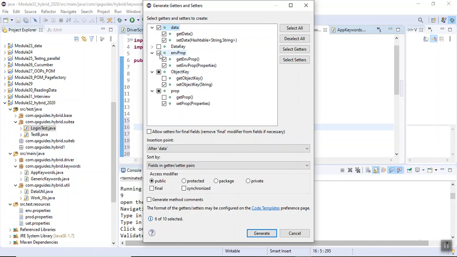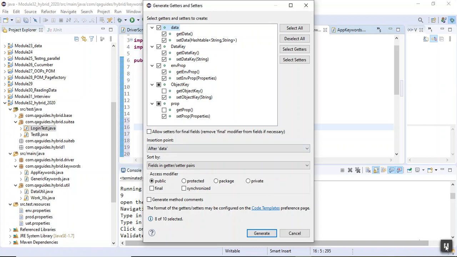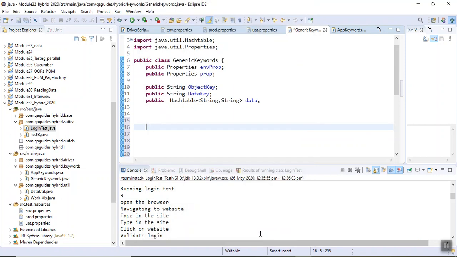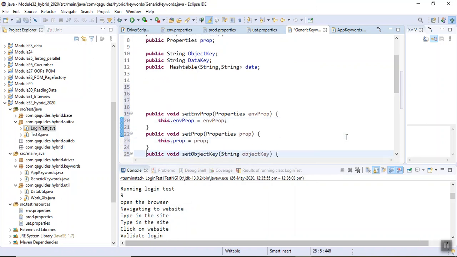Environment, take this. Okay, are you following me? Okay, for data, take this. Fine. From env also, let's take set only, remove get. Okay, I have taken all the setter functions. Okay, click generate. See, we got all the setter functions.